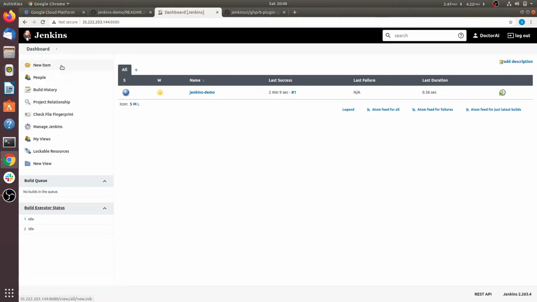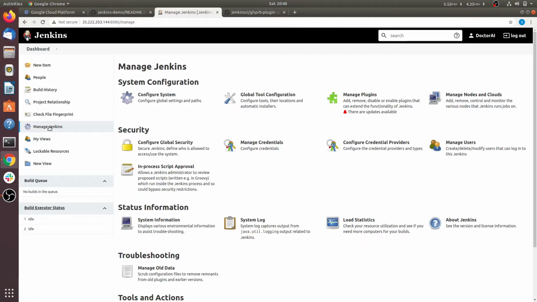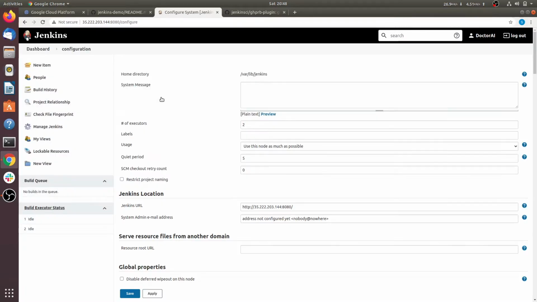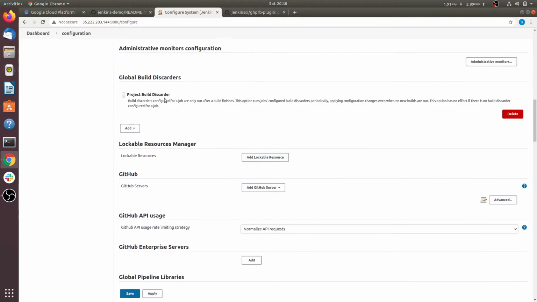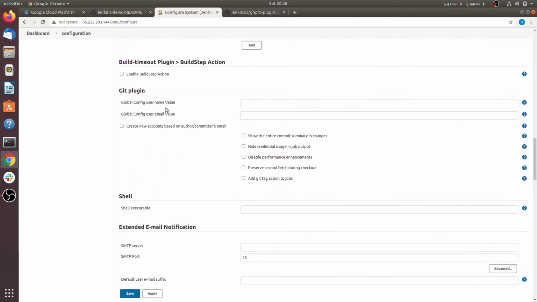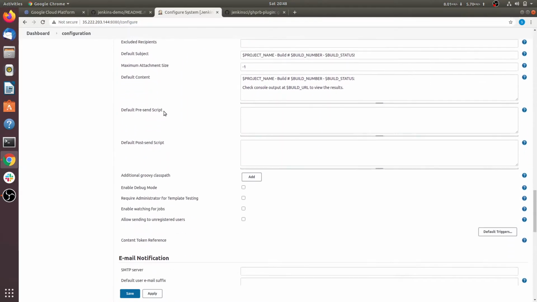Before creating a job, we have to configure our plugin, that is GitHub pull request builder. So how can we configure this? Go to manage Jenkins, configure system. Here you will find plugin configurations.